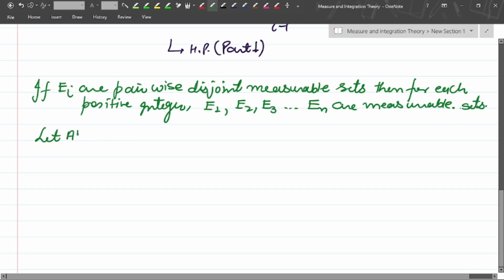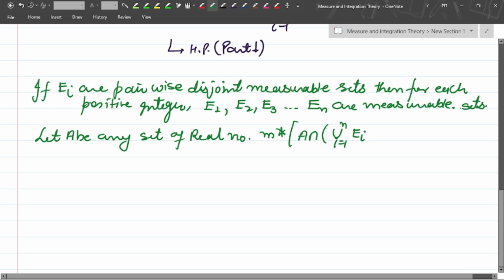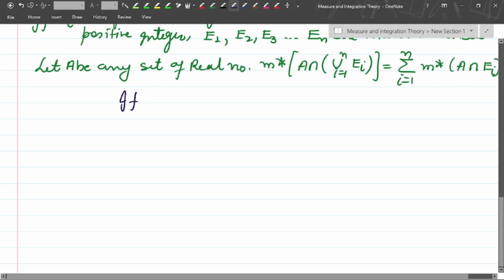So let A be any set of real numbers. Then the outer measure of A intersected with the union of Ei, i from 1 to n, which is a measurable set, equals the summation from i equals 1 to n of the outer measure of A intersection Ei. Now, in the particular case where A is R, the set of real numbers, the outer measure of R intersected with the union, i from 1 to n,